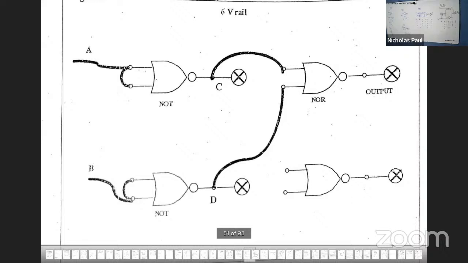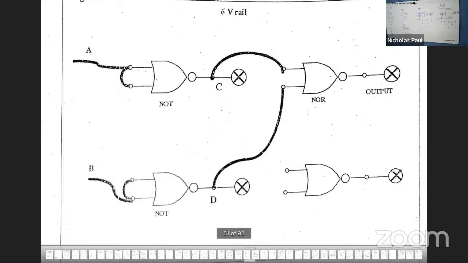Why is that an AND gate? What should you get on the board? Look at the AND gate on the board. The blue is the AND, the black is the